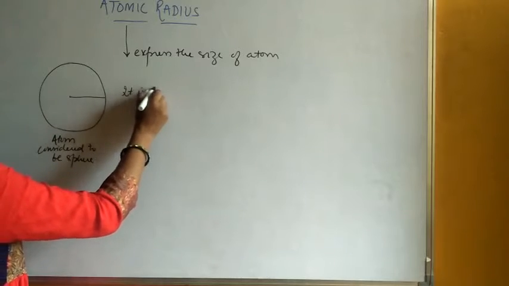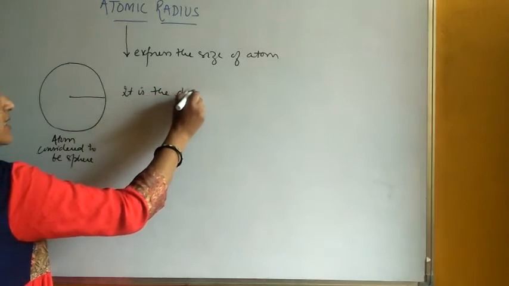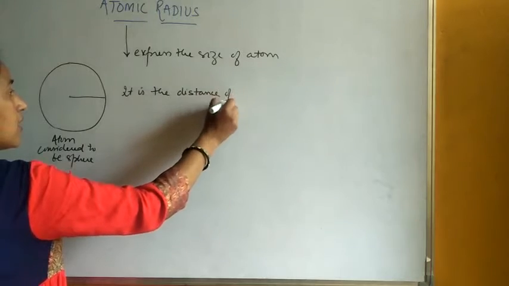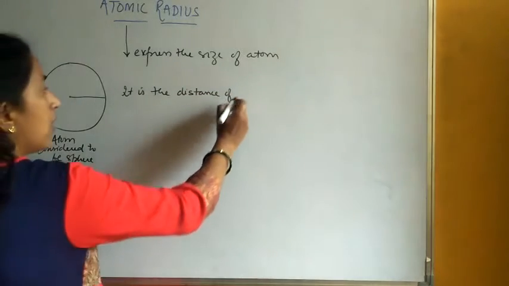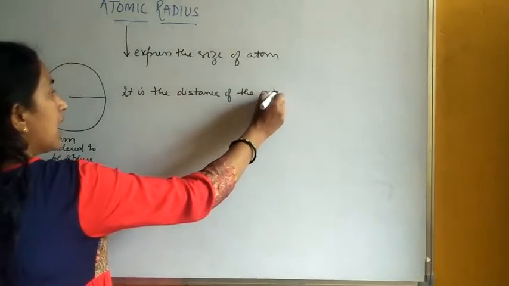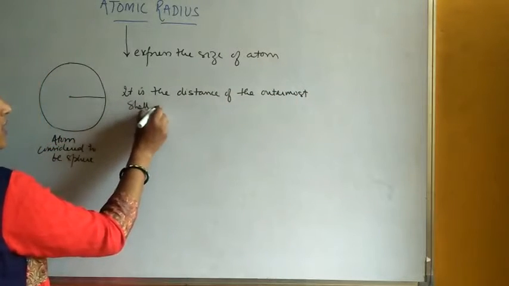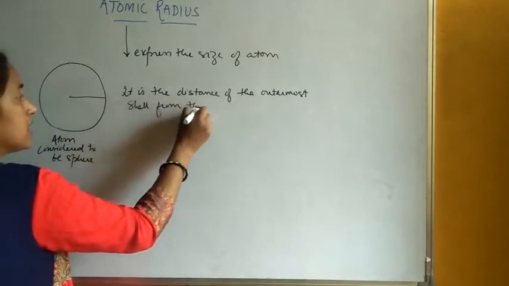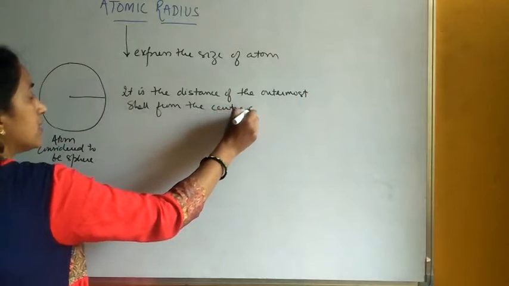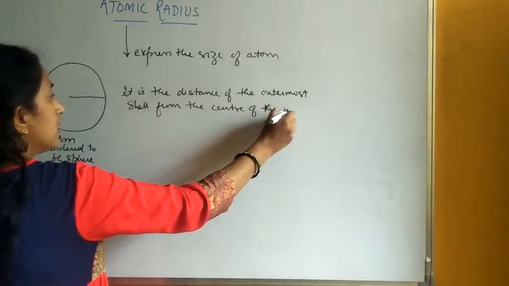It is the distance of the outermost shell from the center of the nucleus,